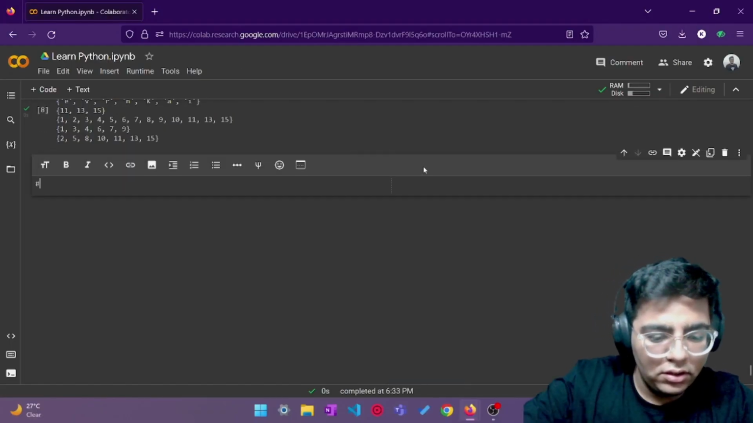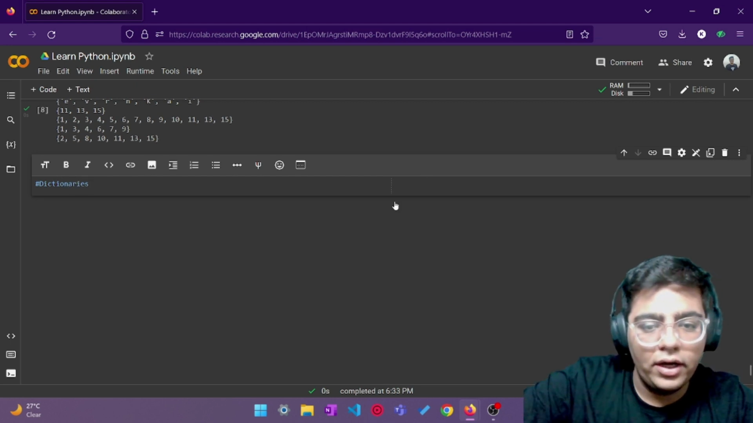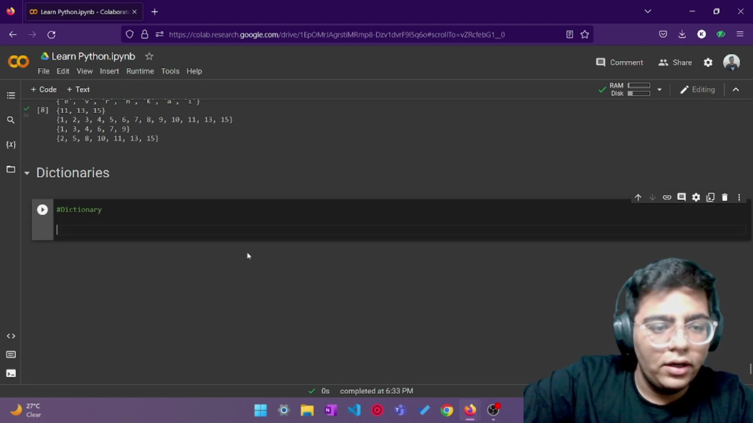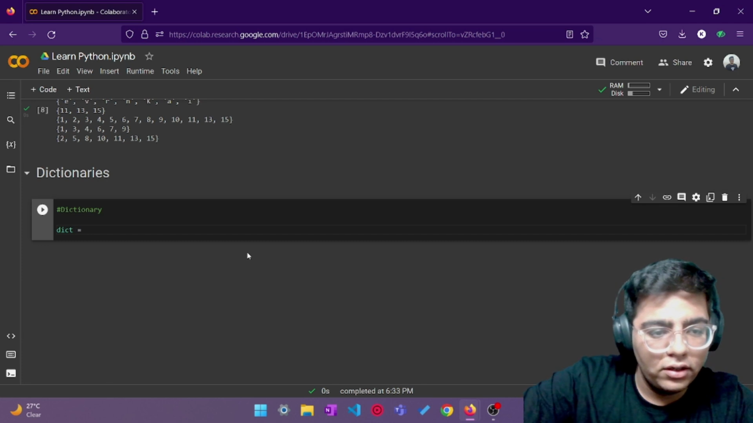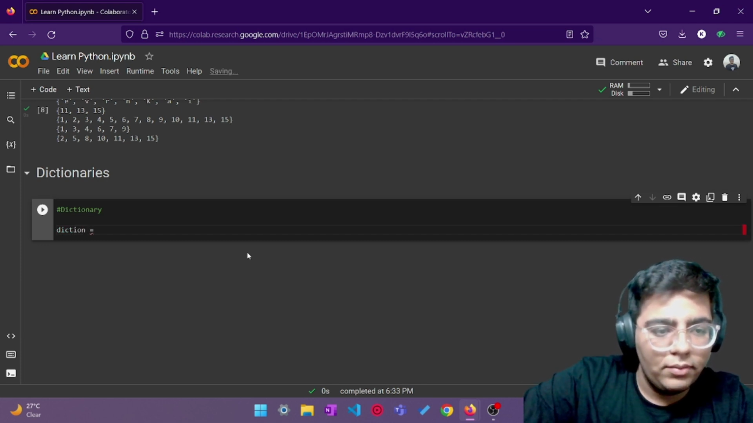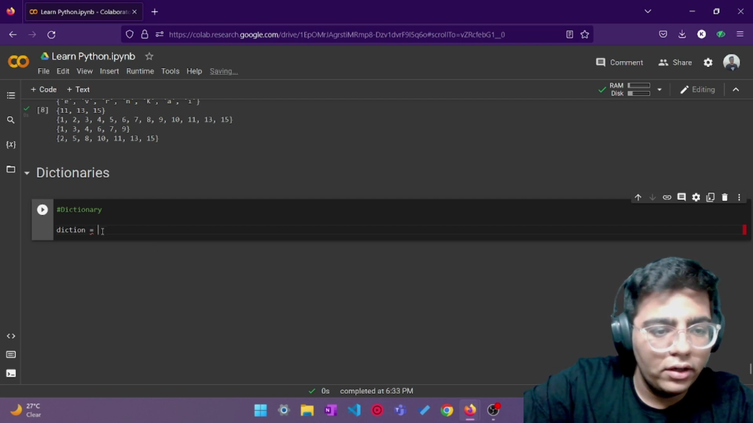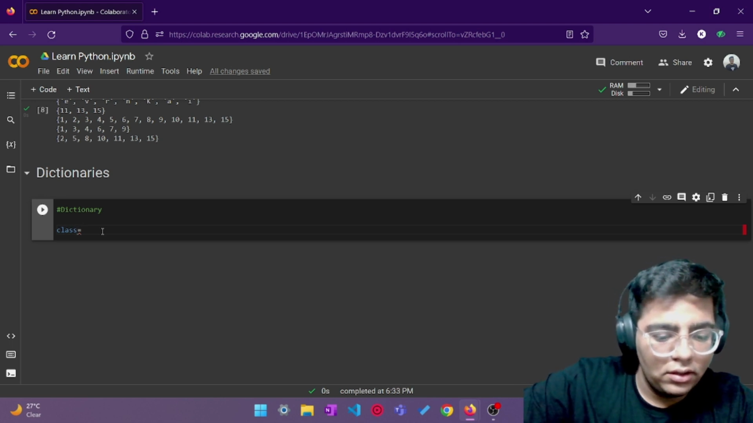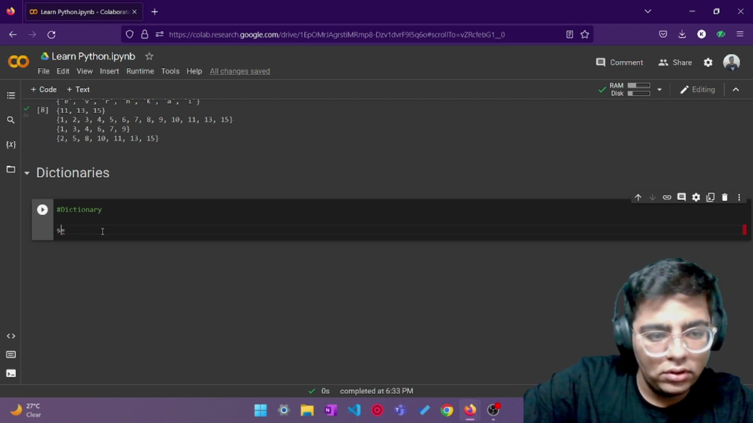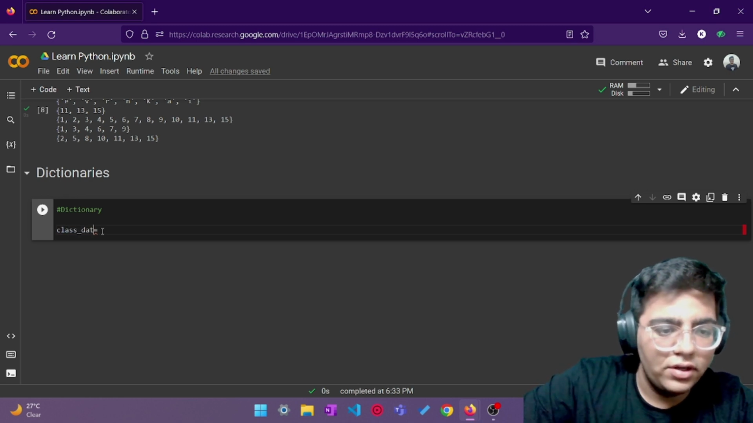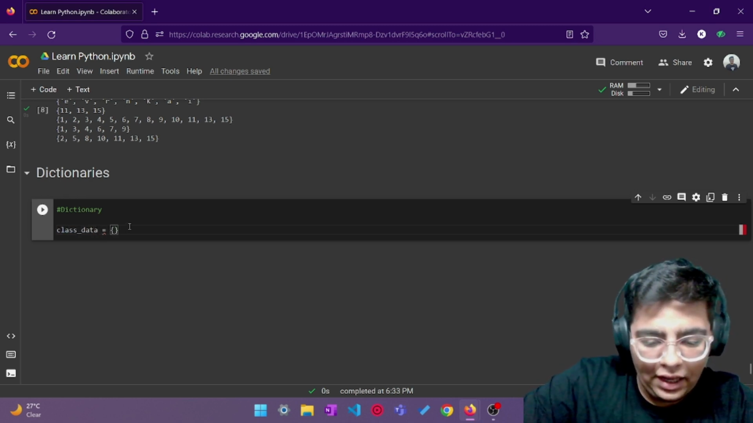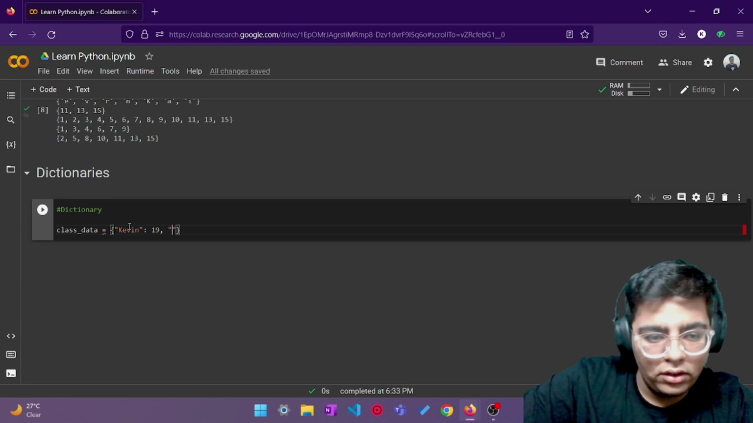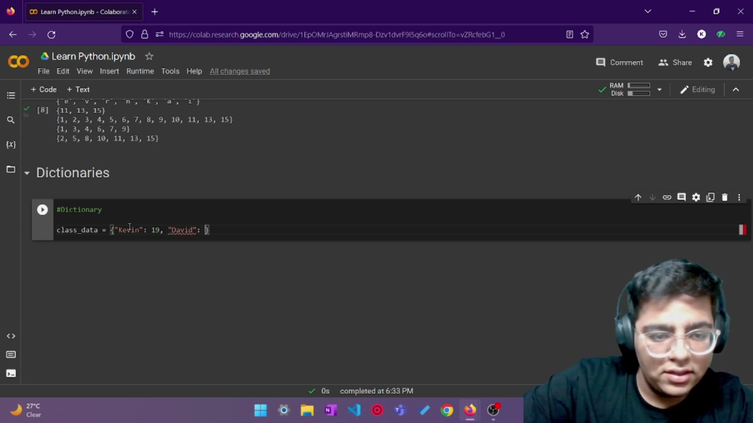Let's write some text. Dictionaries, right? Let's write some code. First of all, let's create a dictionary called dict. Actually, let's not name it dict. Let's name it class_data. And that will have Kevin, his age is 19, David, and his age is 20,